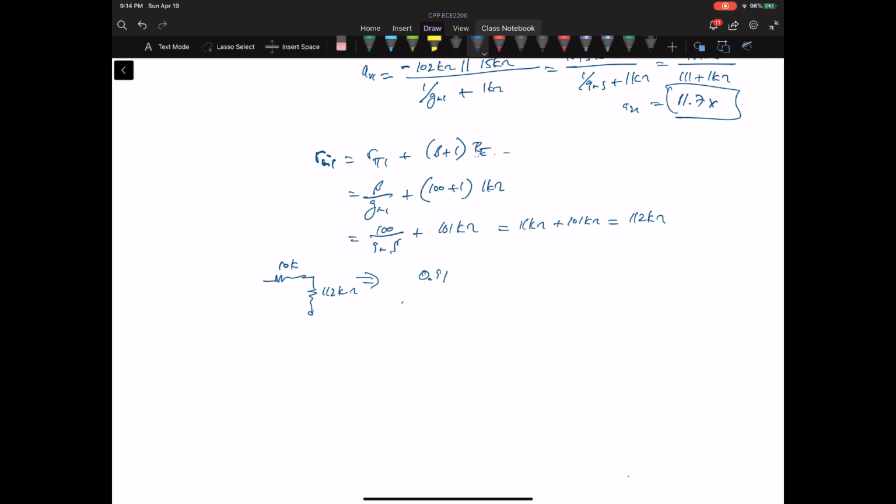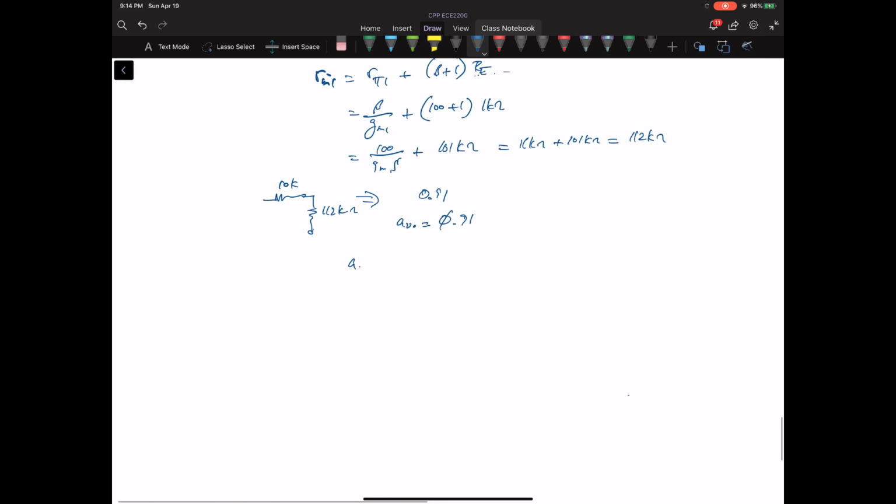Let's call this the gain of stage 0, which is just the input driving the input of the amp. So the total gain, where the goal was greater than 10, is 0.91